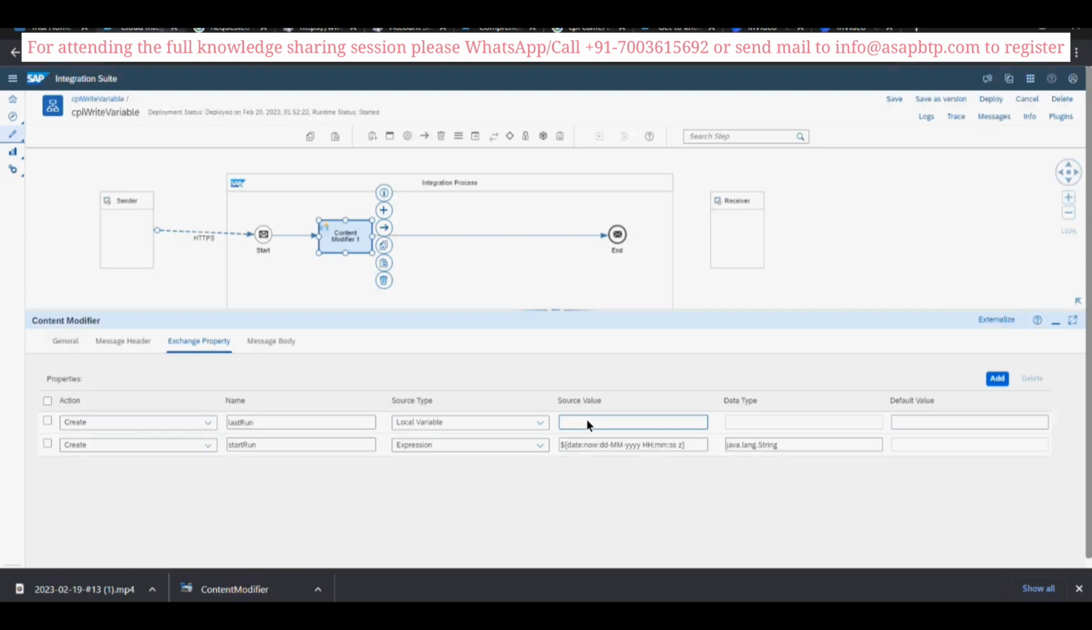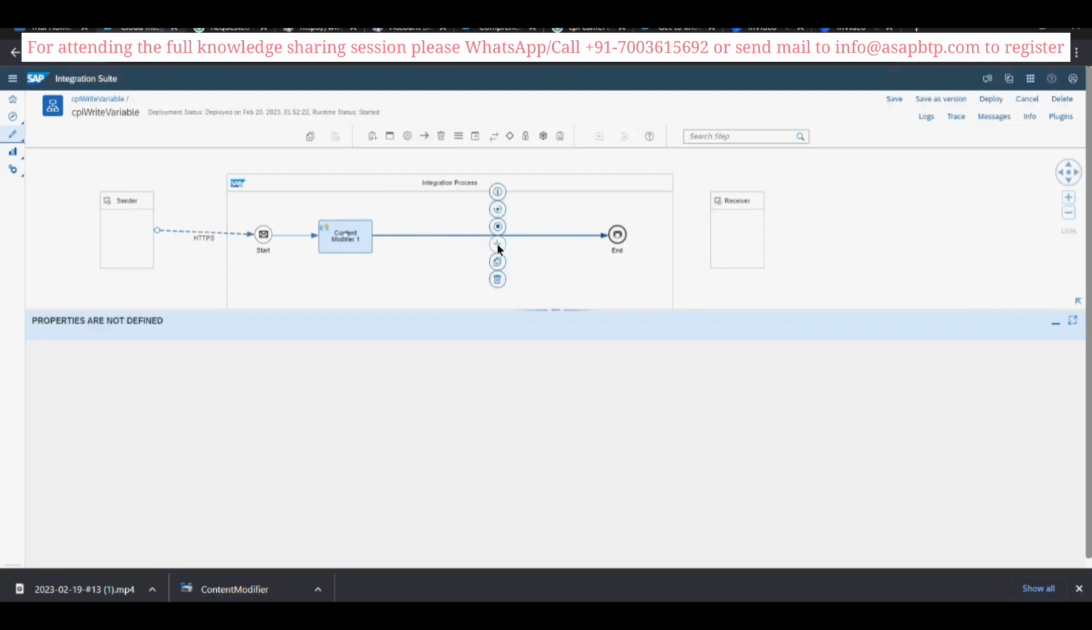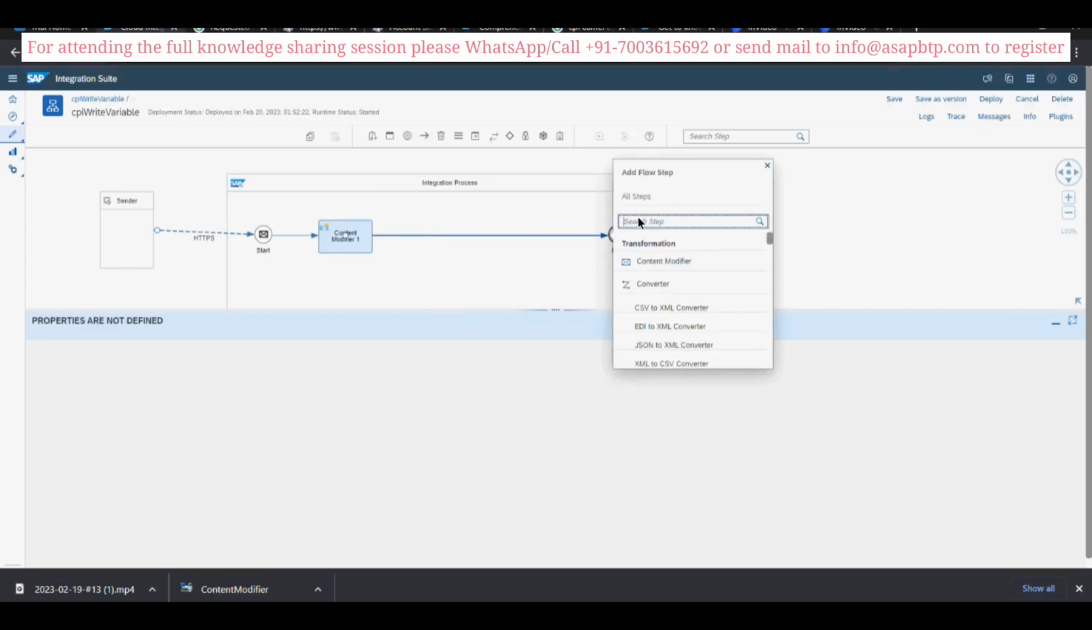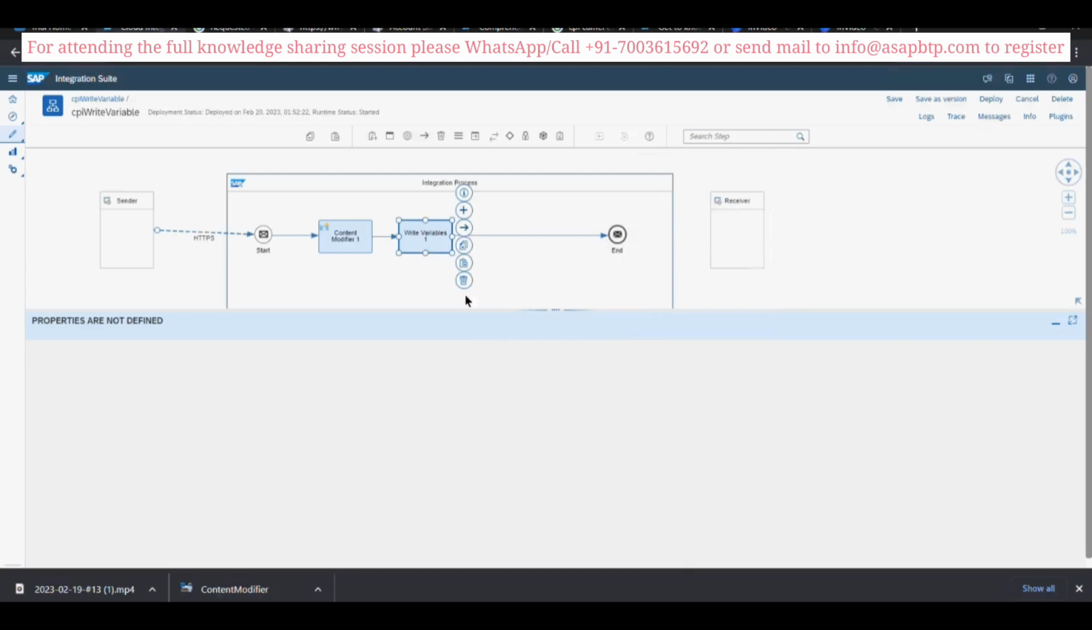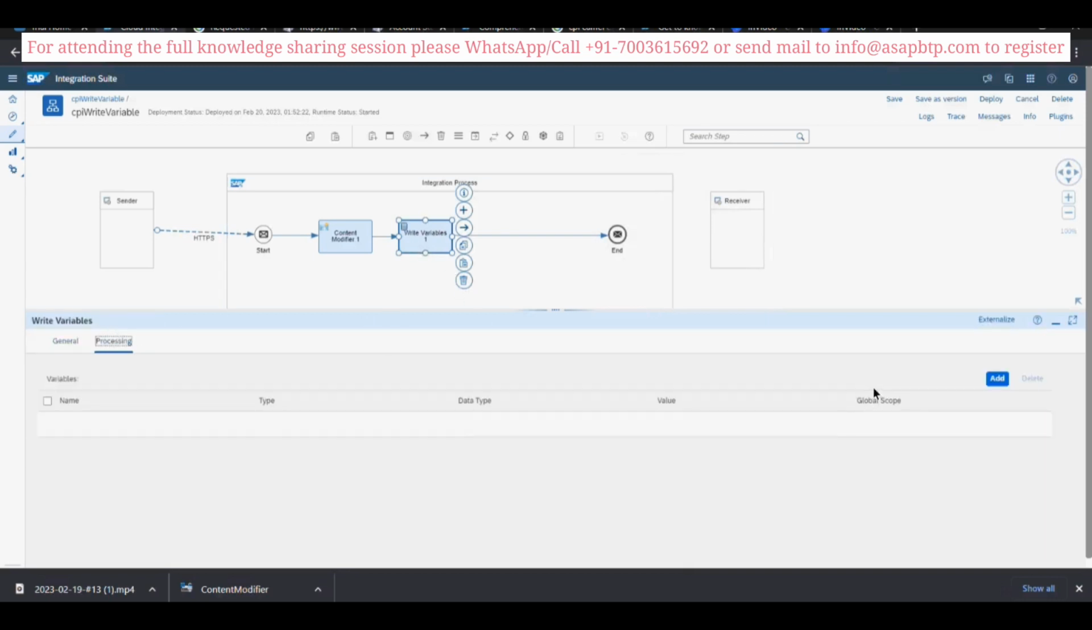So let me put one source value name: last run store. Where I will use this source value, I am just showing you. Let me add another palette item. If you search for write variable, I can find it. This comes under persistence. So this is your write variable. If I put this, then add,